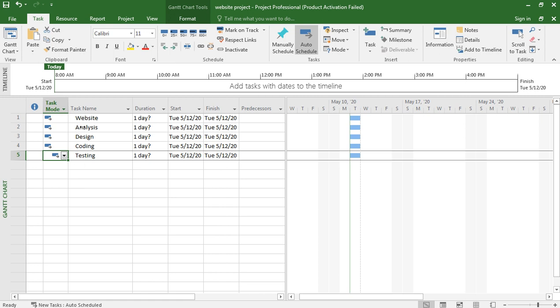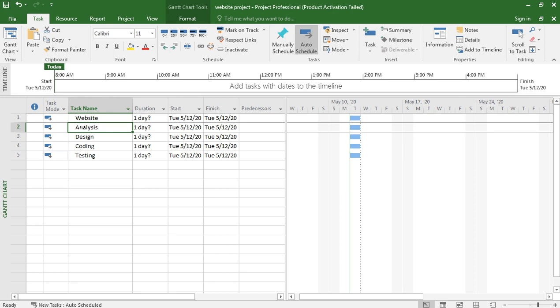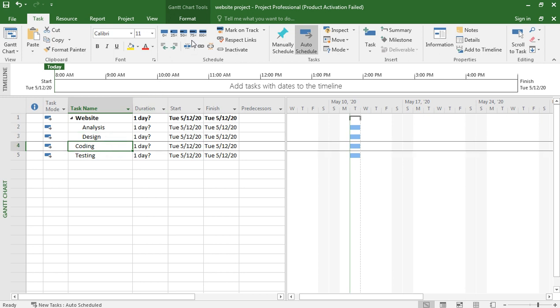Now click on analysis and go here, indent task. So I indent this. This is the task. I indent this. Then I indent also this. Okay, so it means these tasks come under the website project.